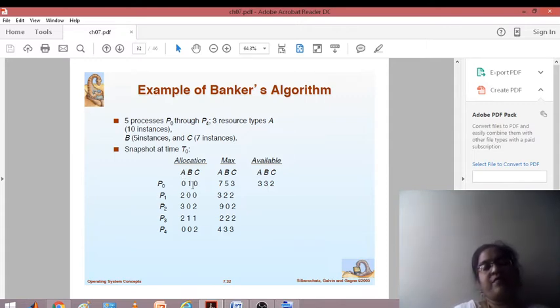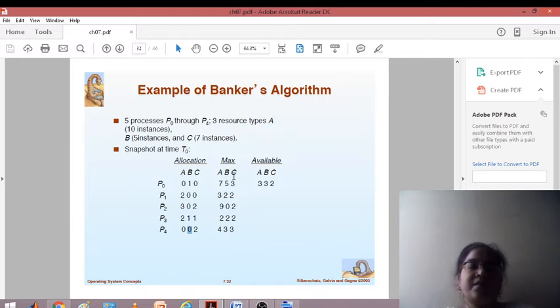It is holding 1 resource of type B and none of type C. Likewise, P1 is holding 2 resources of type A, none of B and C, and P2 is holding 3 resources of type A, none of B, but 2 resources of type C. P3 has 2 resources of type A, 1 of type B, 1 of type C. P4 is holding no resource of type A, no resource of type B, but 2 resources of type C.